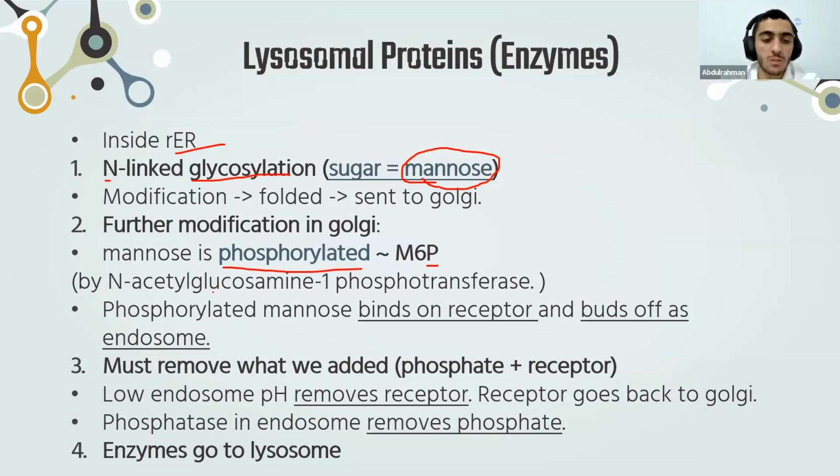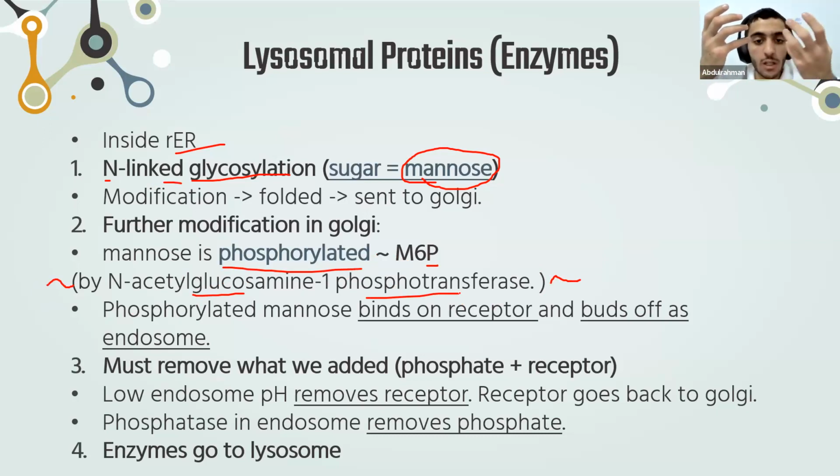And what is the enzyme responsible for this process? It's N-acetylglucosamine 1-phosphotransferase. Why N-acetylglucosamine? Because we said it's an N-linked glycosylation. And what is phosphotransferase? It's the transfer of a phosphate particle. So this is basically the modification that happens in the Golgi. Now that you got the mannose